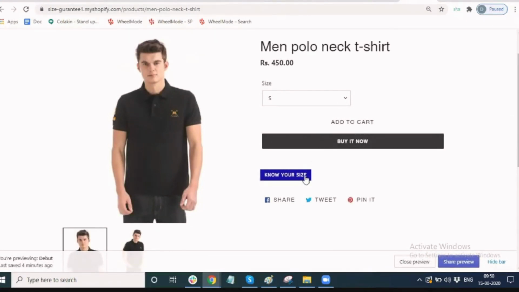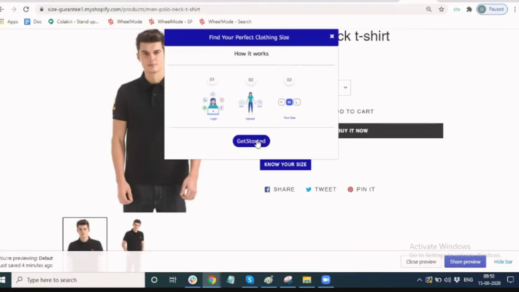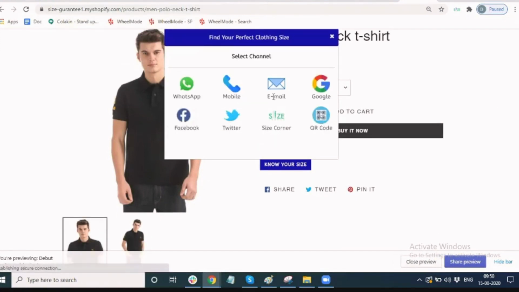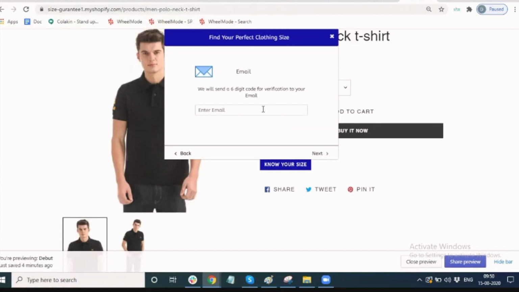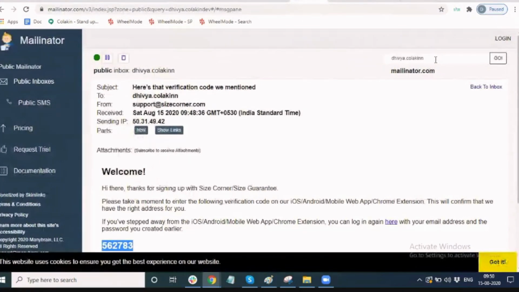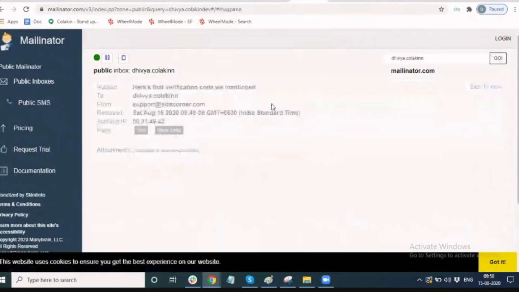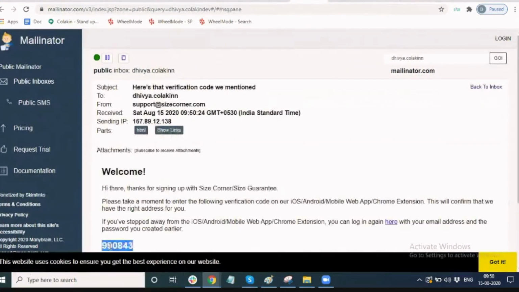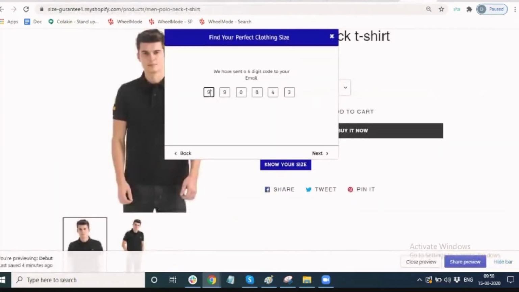So now we click on the know your size button. Started. You can use the email ID. This is the demo user email ID that you have configured in our backend, the BSS portal. Now we, next.